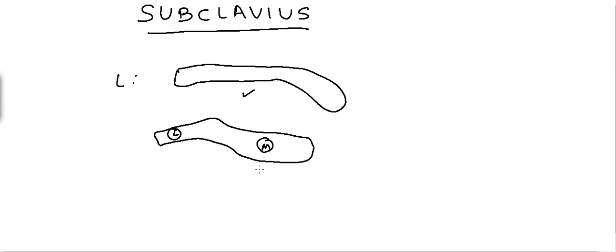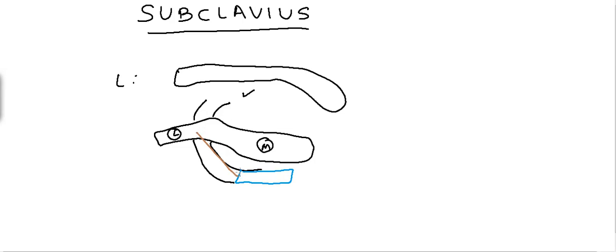So here will be the first rib, hidden underneath the clavicle. This anterior portion of the first rib is cartilaginous, and the costal cartilage will be there from here. So the muscle subclavius takes origin from the upper surface of the first rib at this costochondral junction. Costo means rib, chondral means cartilage. So this is the origin